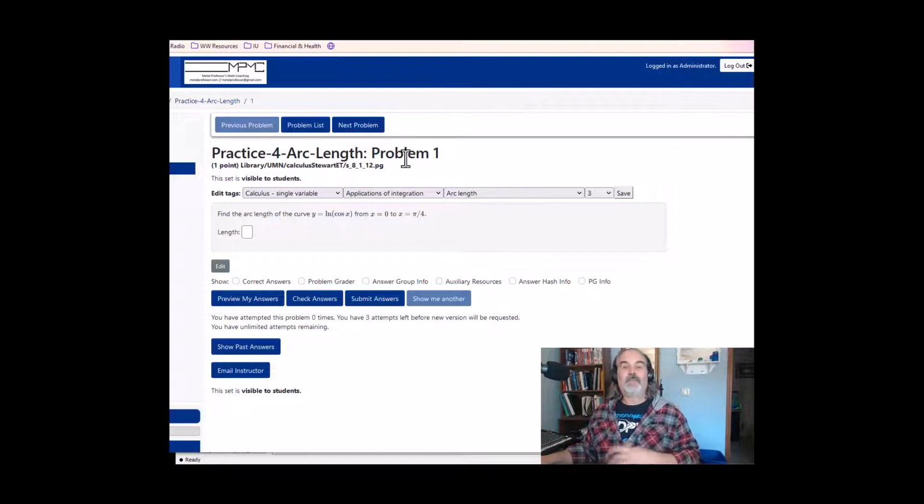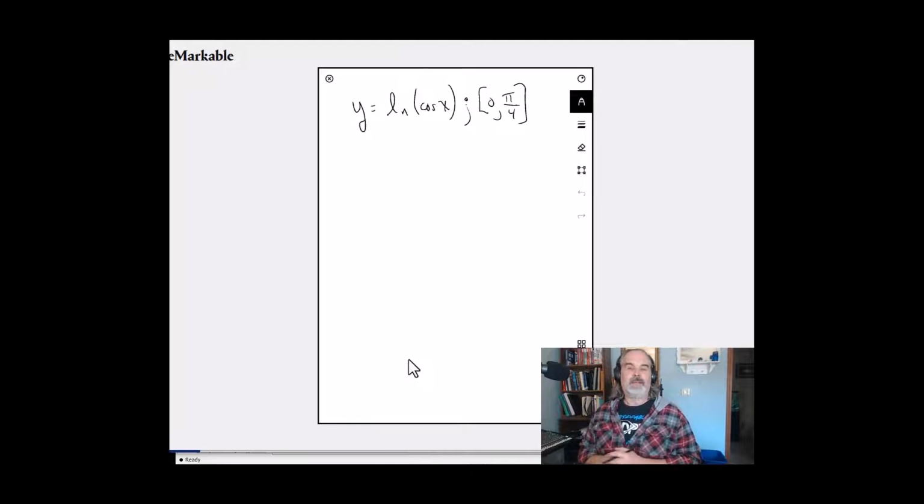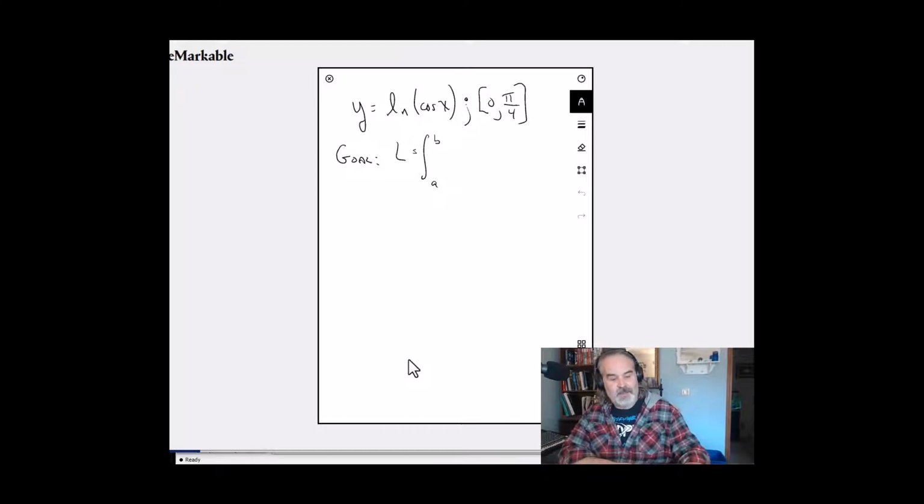Okay, so the first question at hand in this review of arc length is to find the arc length of the curve y equals natural log of cosine of x from x equals 0 to x equals pi over 4. So here is that problem stated again, so we can start working. Now remember that the goal of this is to compute the arc length, and that is given by the integral from your starting value of x, in this case, to your ending value of this nasty integrand